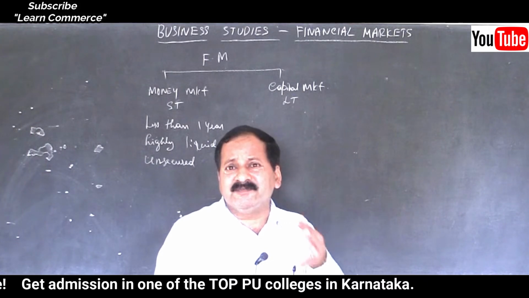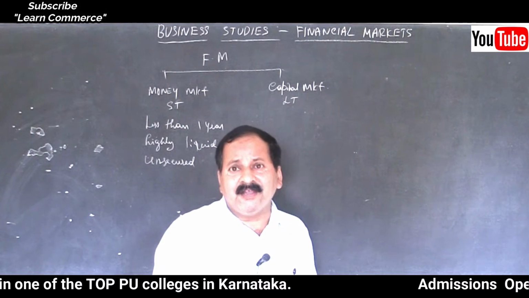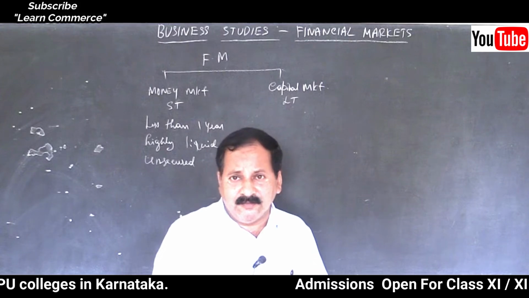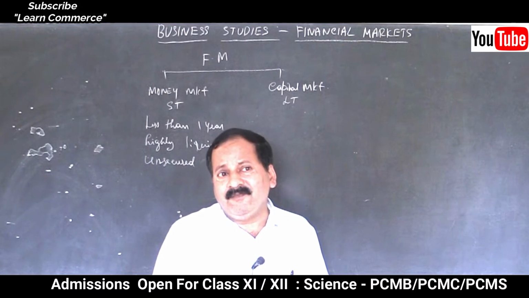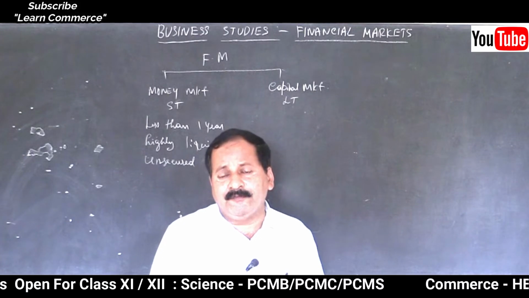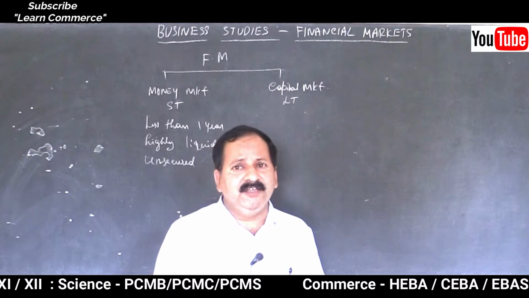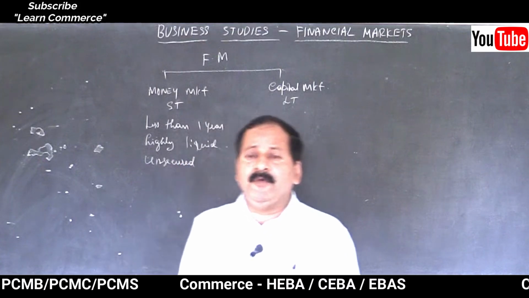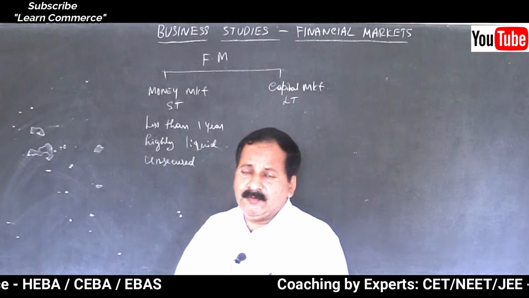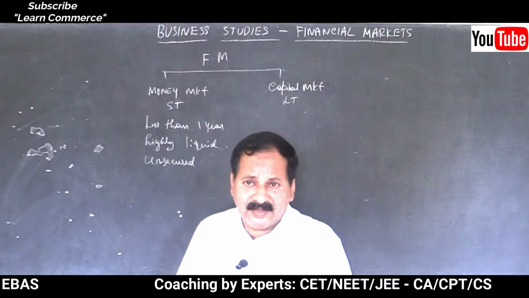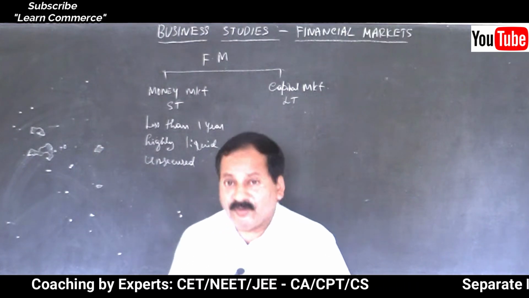So we have to give some security. If you go to bank and ask for gold loan, they will ask us to give the gold, and on the basis of the value of the gold, they will provide maybe 75%, 80%, 85% of the gold value in the form of loan. If the loan is not repaid, then the gold will be auctioned by the bank and they will recover the amount. In the same way here